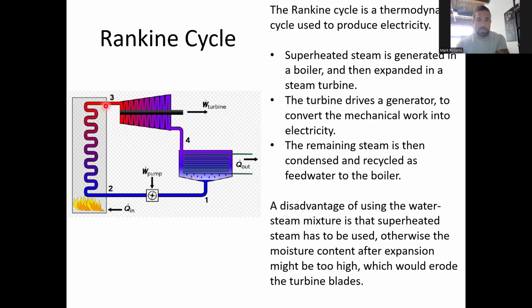And then this high temperature, high pressure steam is expanded in a steam turbine. As it expands into the turbine, it rotates the turbine and produces usable work. Coming out of the turbine is going to be a low temperature, low pressure, but again, it's still going to be steam. So this is going to be vapor, this is going to be vapor, this is going to be liquid. The low temperature, low pressure steam is going to be condensed in a condenser and converted into saturated